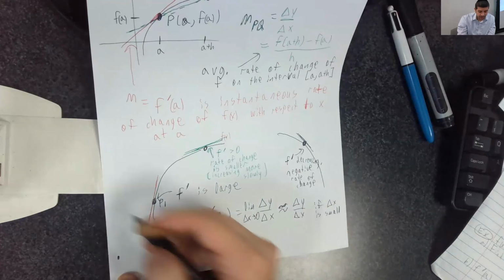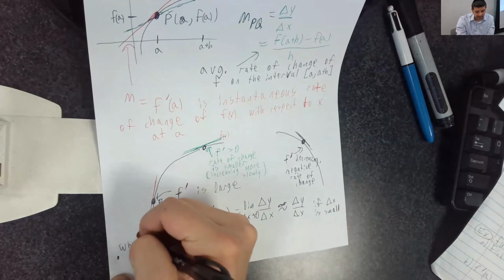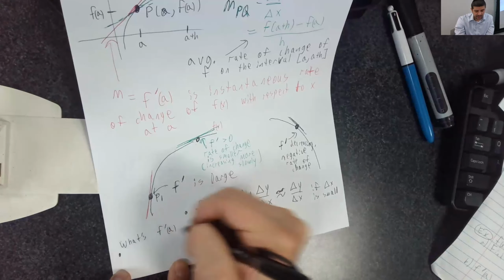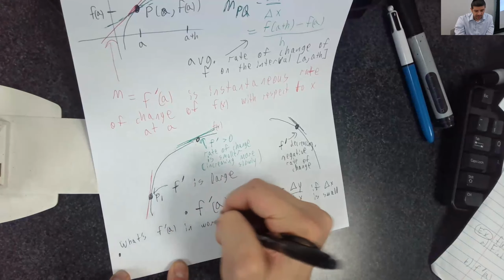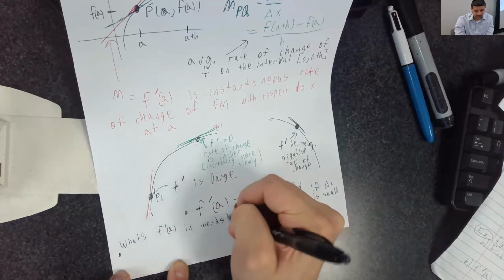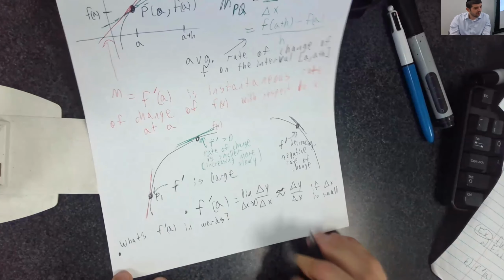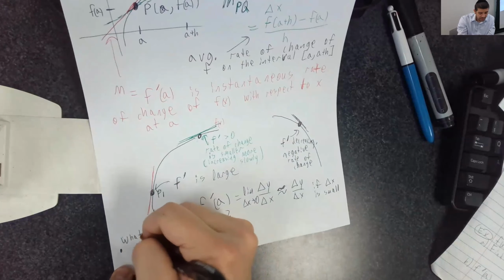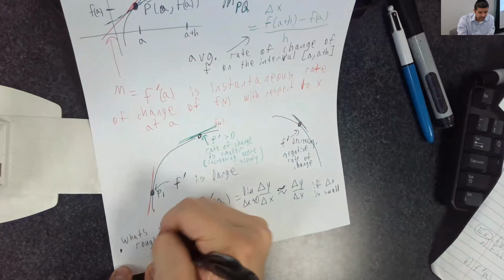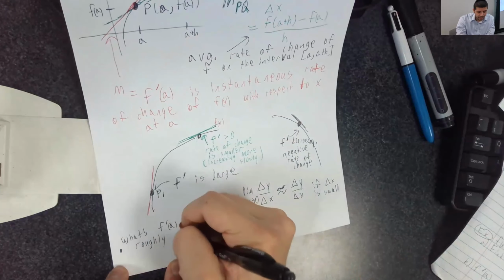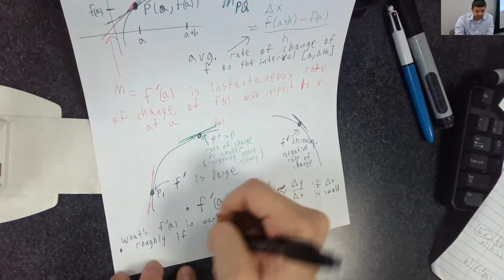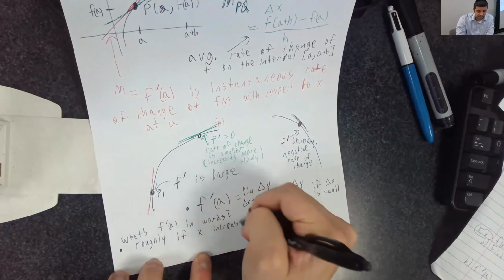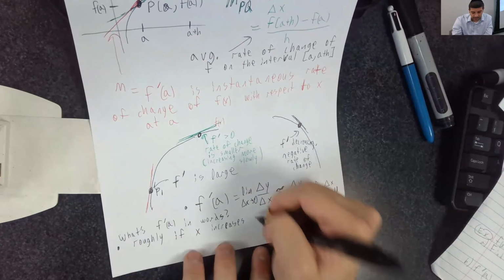How do you describe it in words? What's f prime of a in words? Okay, in terms of a rate of change, what is it? What is a derivative really telling you? So roughly, if x increases from a to a plus 1,